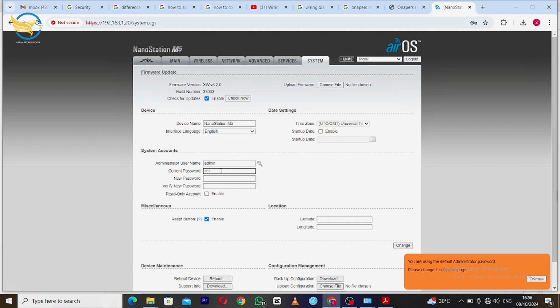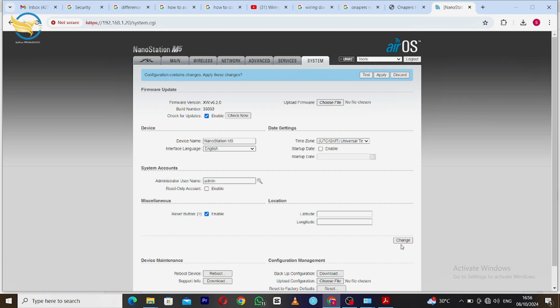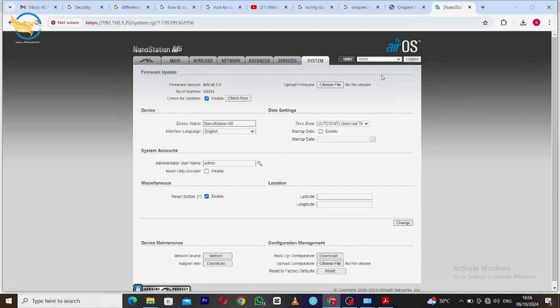Then you select a new password of your choice. So I have a new password of my choice. Then verify your password and click on change to save this new password and the username